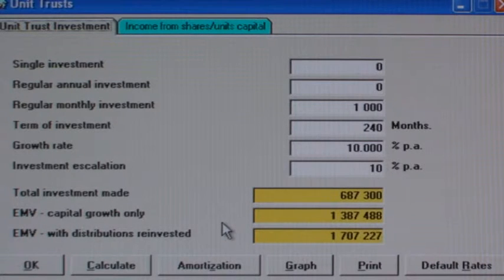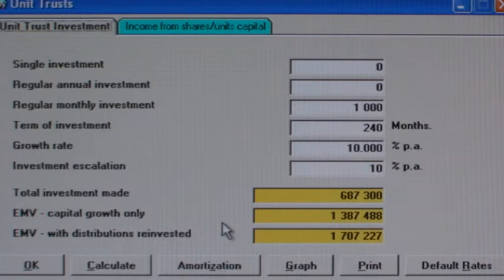You can see the calculator has worked out the total contributions made, the maturity of capital growth only, plus with distributions reinvested. We have an estimated maturity value of 1.707 million, and the proposal is that after 20 years we stop paying premiums, we leave the sum in the fund and now start drawing monthly income instead. Although we started off contributing 1,000 Rand a month, after 20 years of escalating at 10% per annum, our last contributions would have been